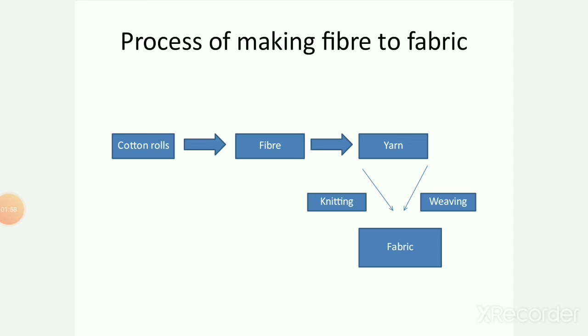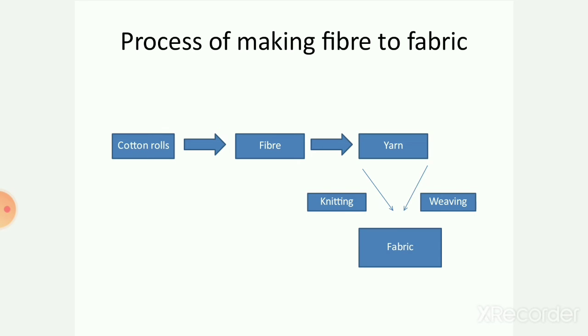Now I will show a symbolic presentation of the process of making fiber to fabric. Students, see, it's very clearly on your screen. There is a symbolic presentation in a short way. First we are getting cotton balls from cotton plants. From those cotton balls, by the ginning process, we are getting cotton, and we make a roll